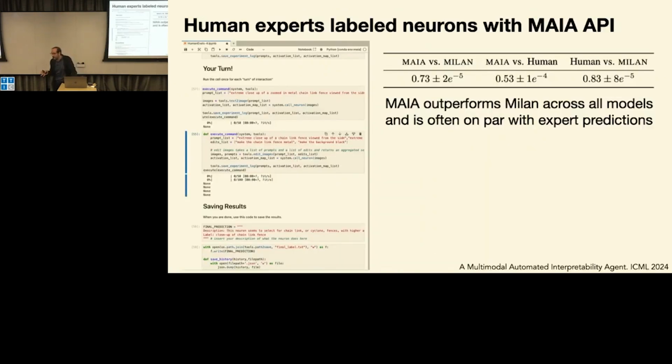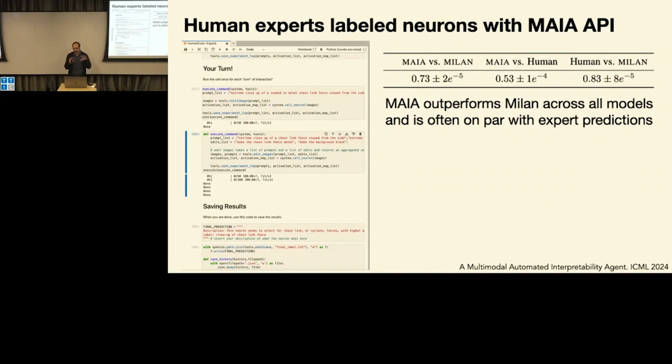So we performed a number of experiments. One of them was to take, in this case, grad students, give them the same tools, have them perform the same experiments, and output the description they provide for the unit. What is it doing? And they can use the tools in any way they want. So they have to write code and so on, but they have access to the same type of machinery. And what we found is that they were not any better than this system. They were about at par.